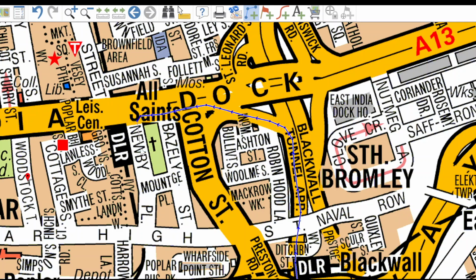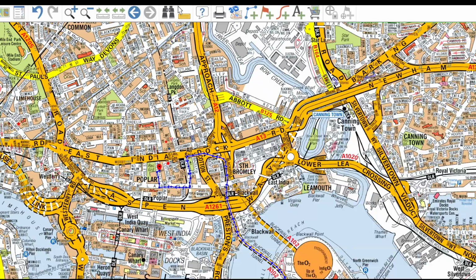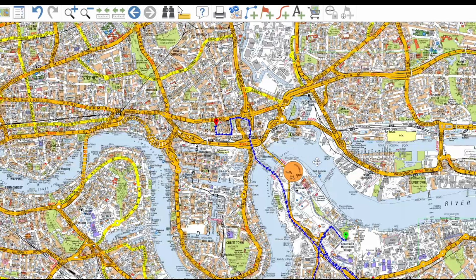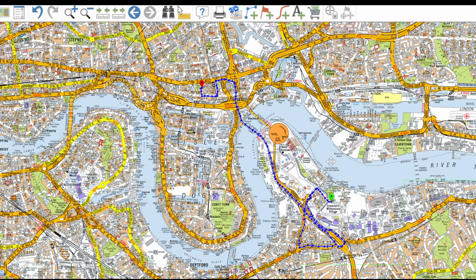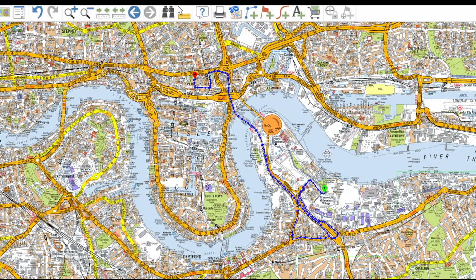I will simply enter from this point and keep myself on the left hand side, and then I will move like this here. I will simply move here, and then I will keep myself on the left hand side, and here I have reached. Then I simply click over my destination. So here I have completed my route. This is the most direct route. If you draw like this, you will get full marks. So this was our part 1.